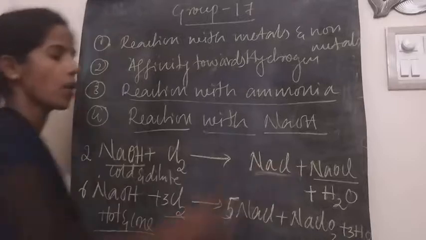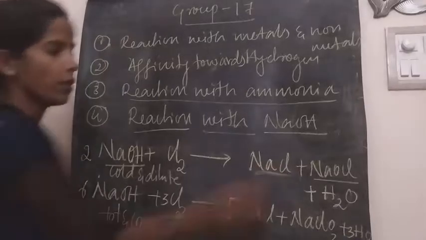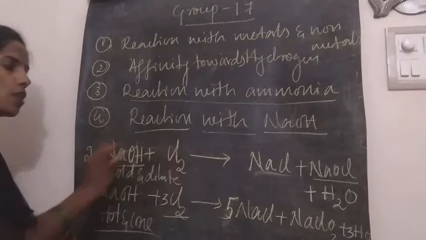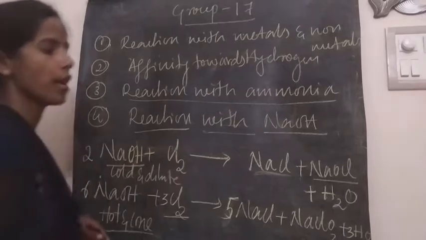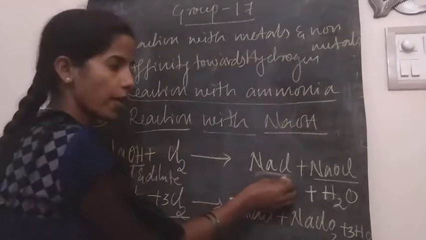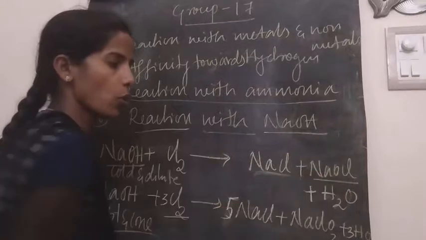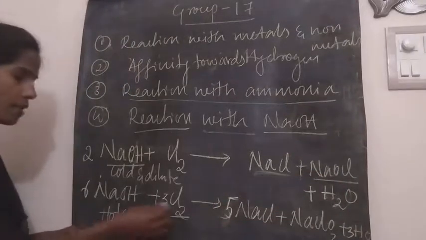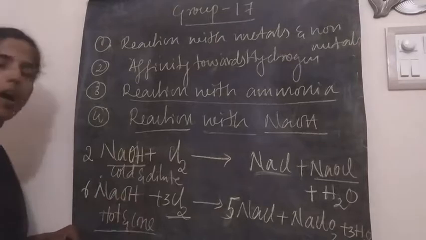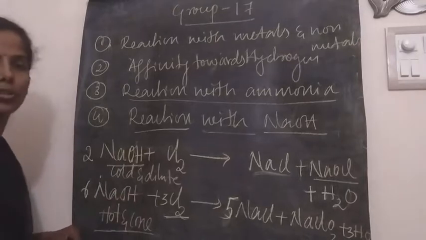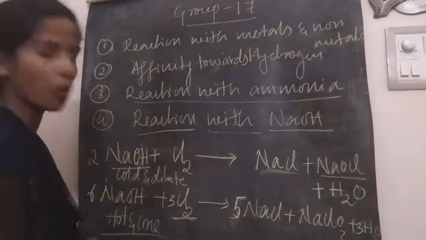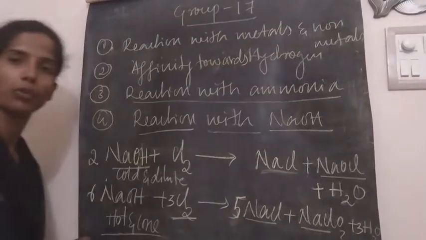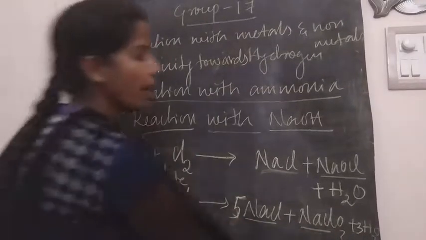These are also asked in complete the following. They can give this and ask for a dash. When chlorine reacts with sodium hydroxide NaOH, we get sodium chloride plus sodium hypochlorite, and hydrogen is removed in the form of H2O. And when the same chlorine reacts with hot and concentrated NaOH, we get the products sodium chloride and sodium chlorate. Sodium chlorate and water.